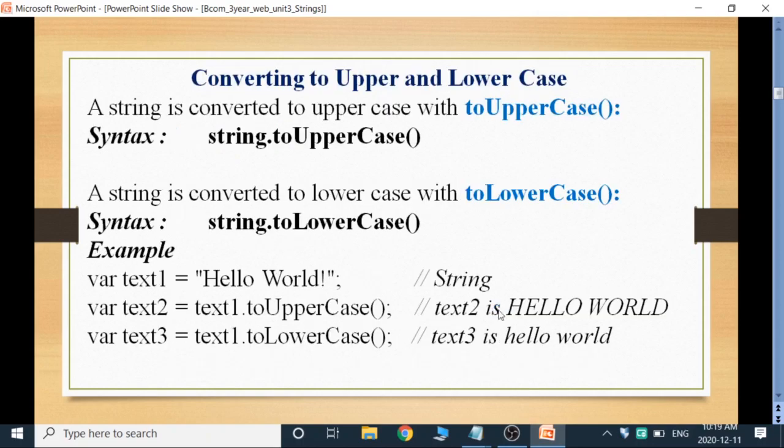Next methods are toUpperCase and toLowerCase. If I want to convert the given string into capital letters or else into small letters, either lowercase or uppercase, then we use these two methods. For converting to uppercase, we use toUpperCase, and similarly for converting the string into lowercase, we use toLowerCase. Here I have taken hello world. See here, hello world